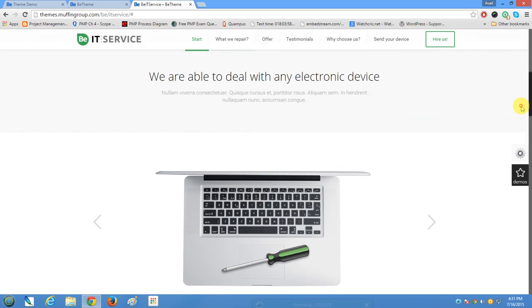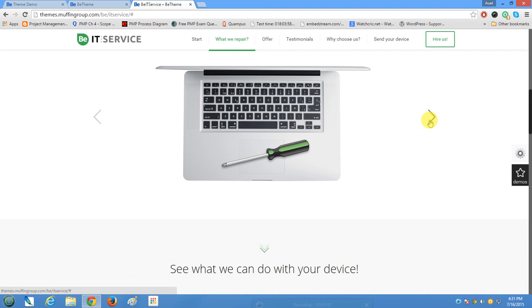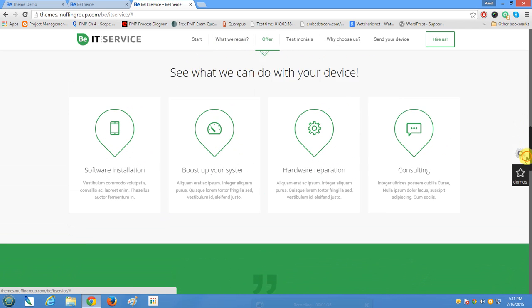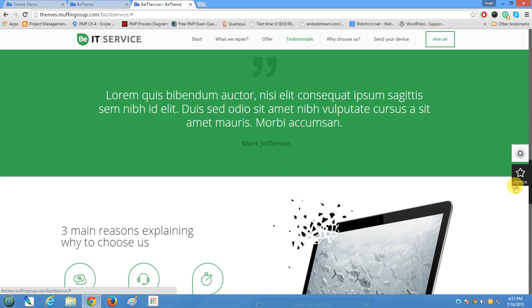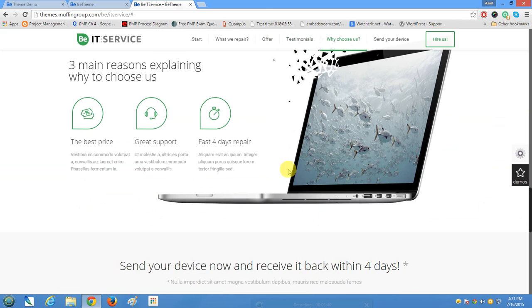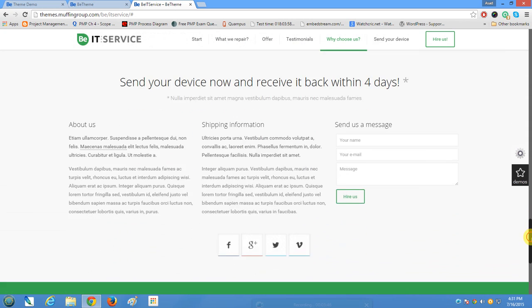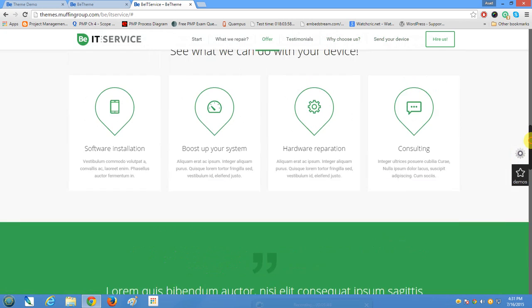And then you go down, there's like a nice image showcase here, and then you have 4 blurbs, maybe like 4 services that you offer, and then maybe a testimonial, and you see this nice animation of this content coming in. So all that could be done using Visual Composer without having to write any CSS or HTML,